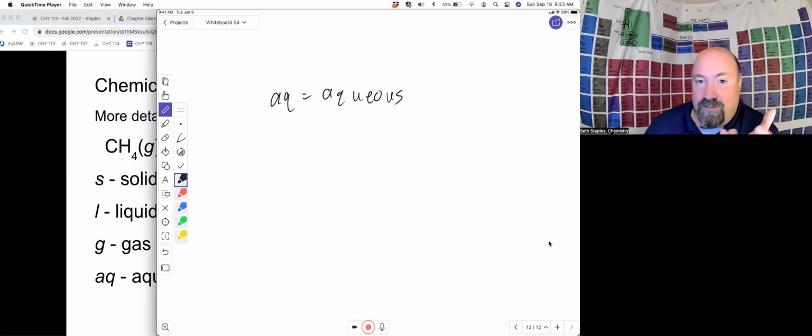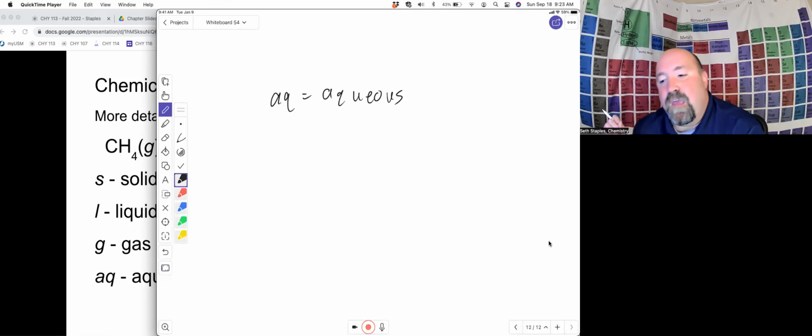And so aqueous means that the substance is dissolved in water. This is something that we're going to get into in more detail at the very beginning of the next unit, but let's discuss some of it right now. Again, AQ means dissolved in water. Now we do have to note that ionic substances will behave differently from molecular or covalent substances when they dissolve in water. If I take a covalent substance, we'll focus on that first,